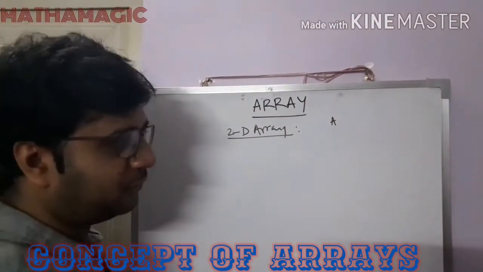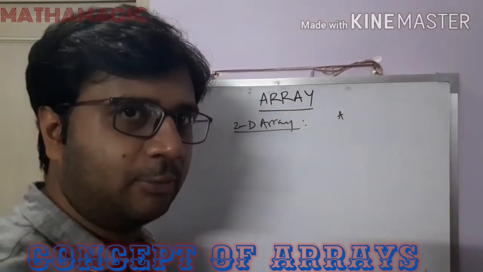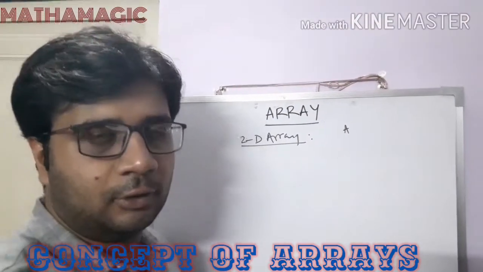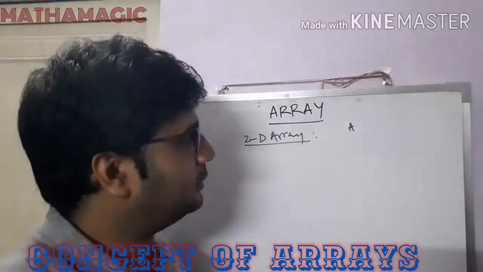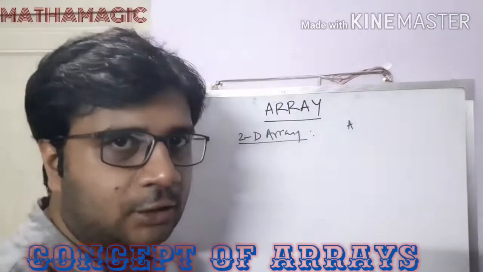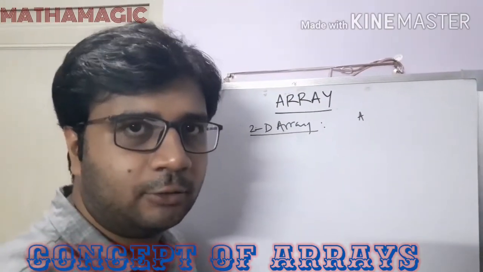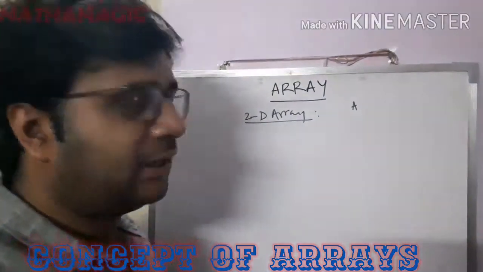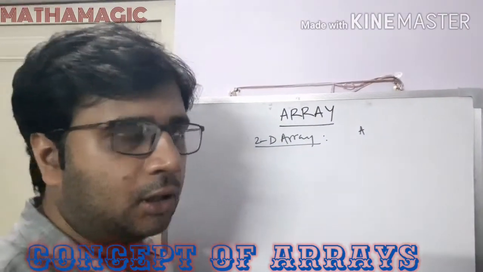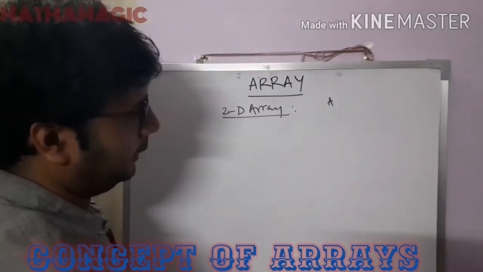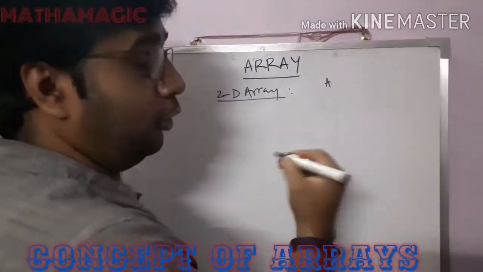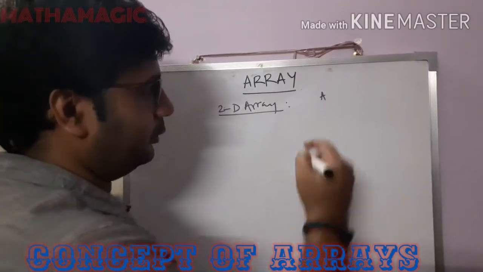Otherwise we cannot perform the addition. I think you can remember the laws of two matrix addition, that if the order of two matrices is not the same, then you cannot perform addition or subtraction. The order must be the same, then only we can perform the addition. So we are taking two matrices of the same order. That is why I have already mentioned that the order of the matrices is the same, otherwise we will get confused.